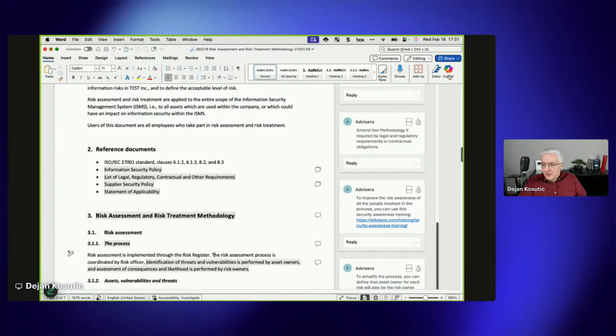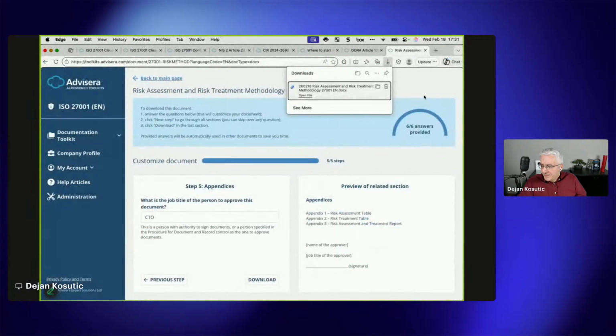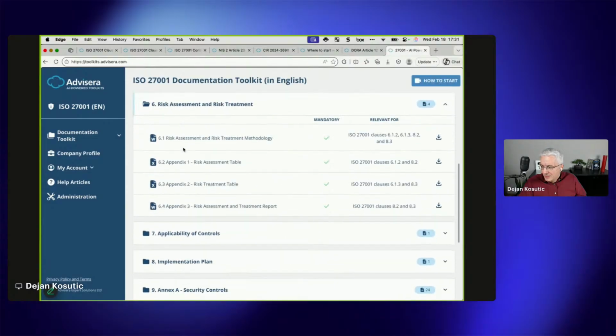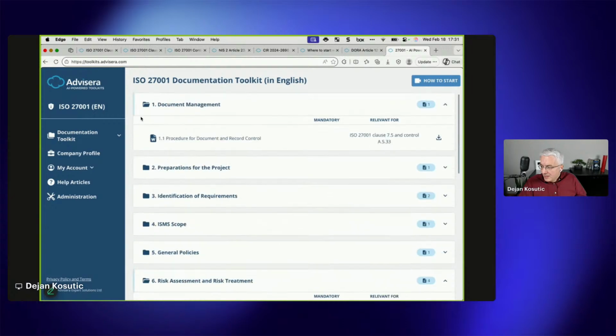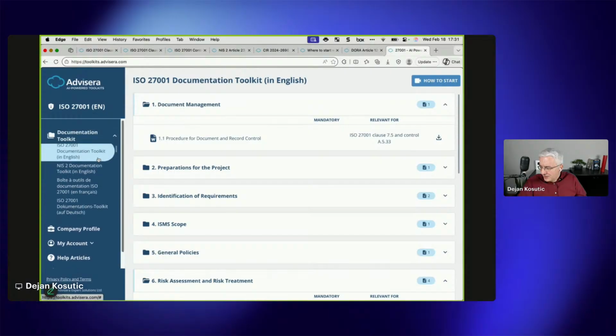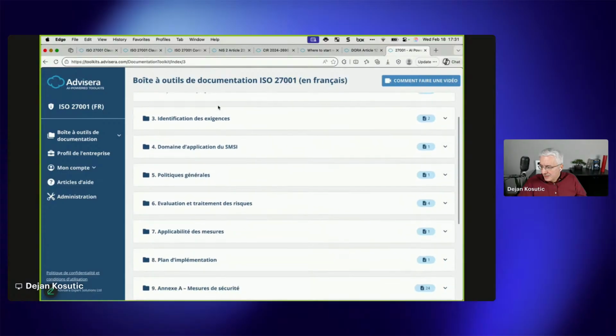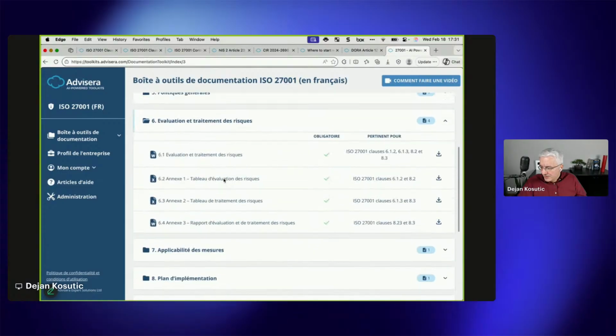Okay, going back to the toolkit. When I go back, I can of course go for any other document and edit it and so on. Okay, so this toolkit actually exists in several languages. When I look for it here, this is the French version. So if I go again for this risk assessment